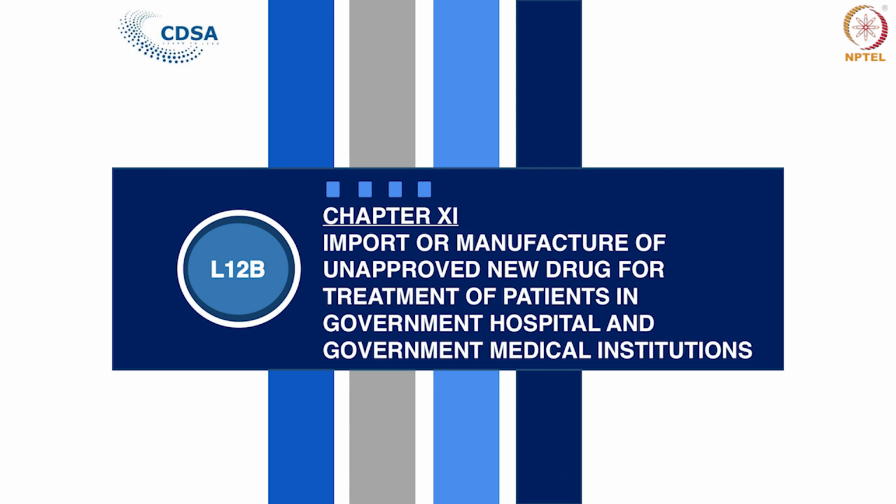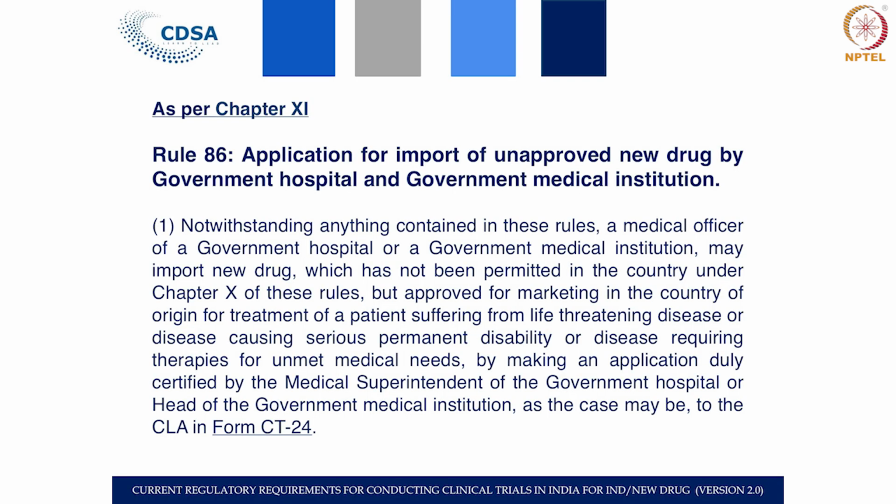We go to chapter 11 next, which is the import or manufacture of unapproved new drug for treatment of patients in government hospitals and government medical institutions. This is a very new rule in the new drugs and clinical trial rules, giving a huge scope and opportunity for the patient. It is a very patient-centric regulation. So, whenever there is an unapproved drug which is not marketed in India, but in such cases